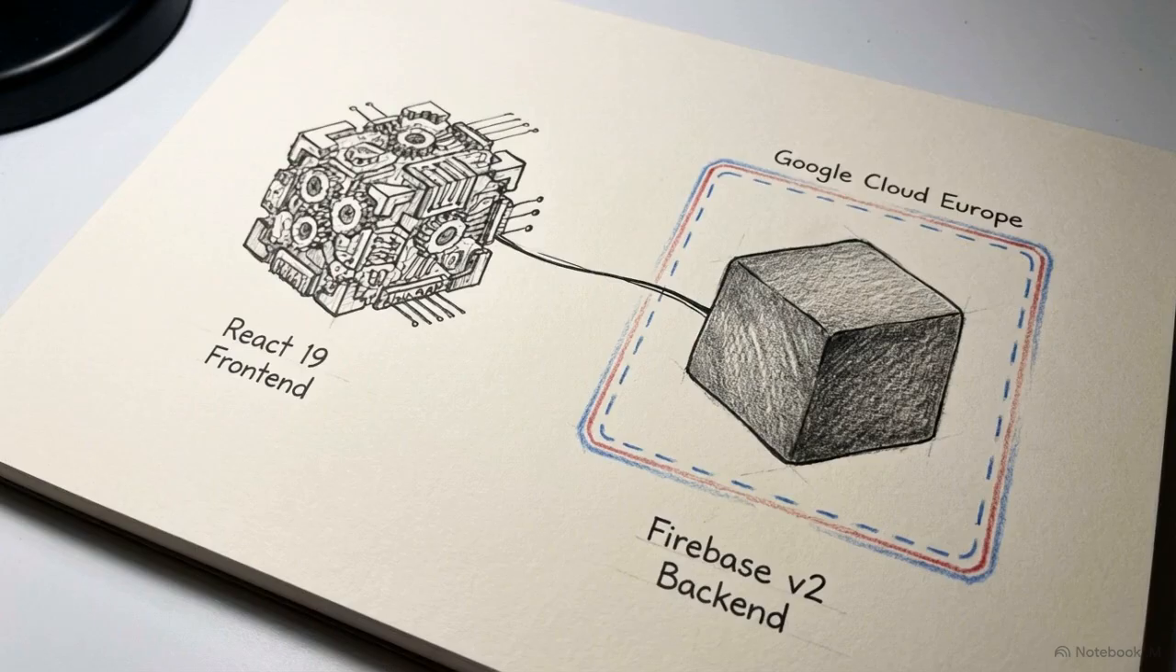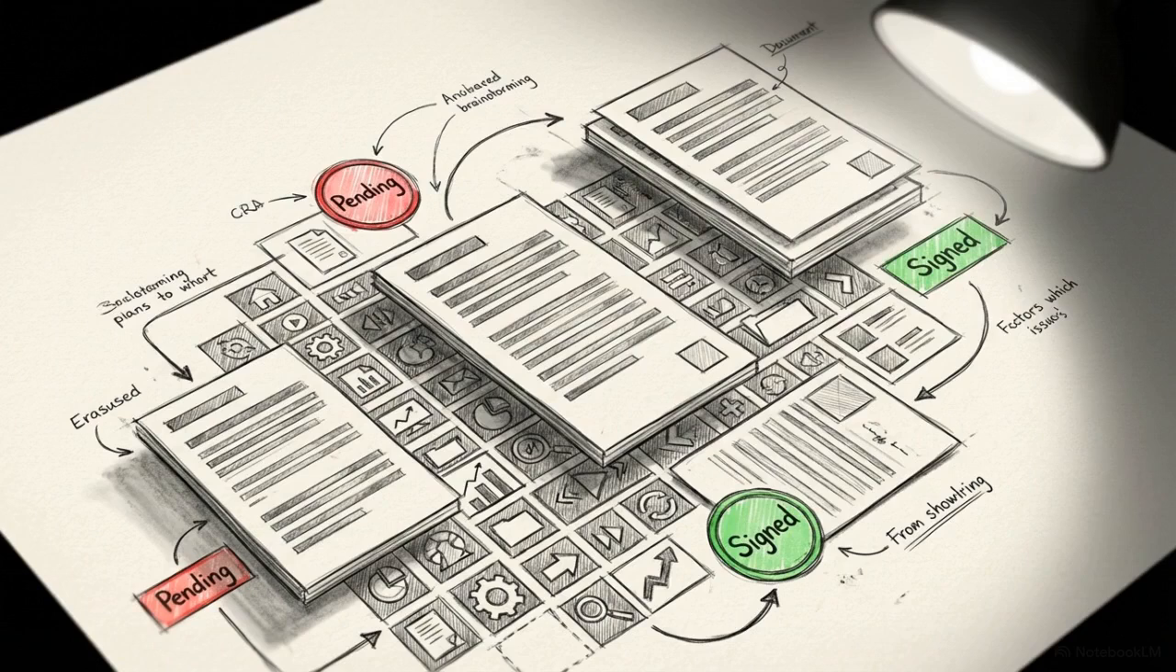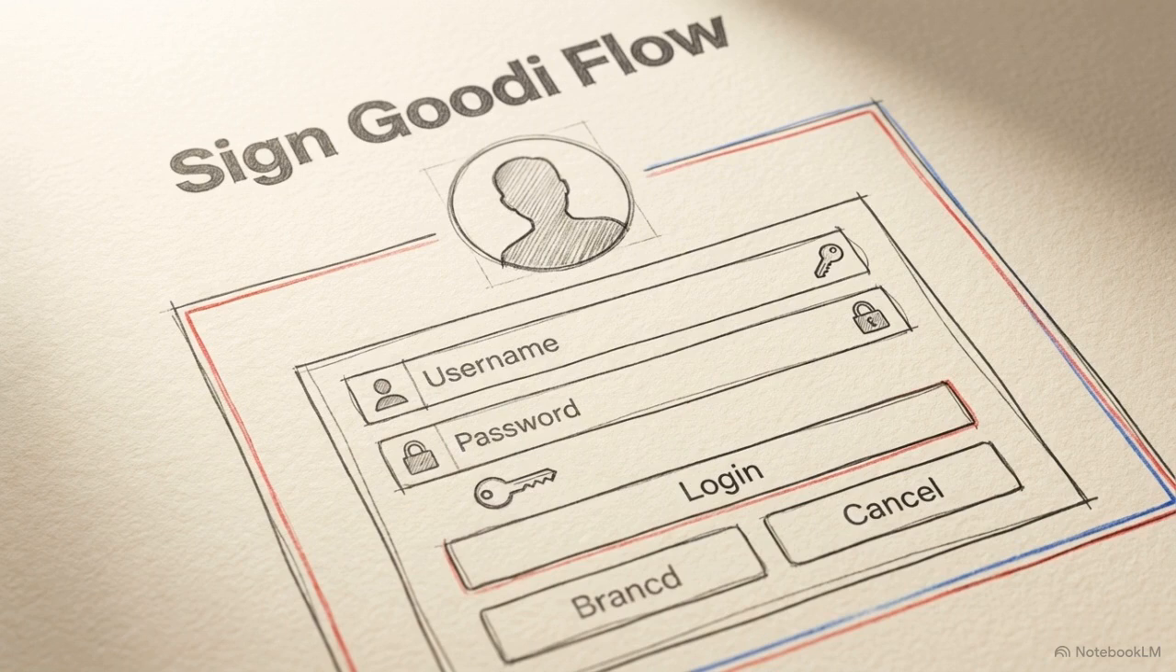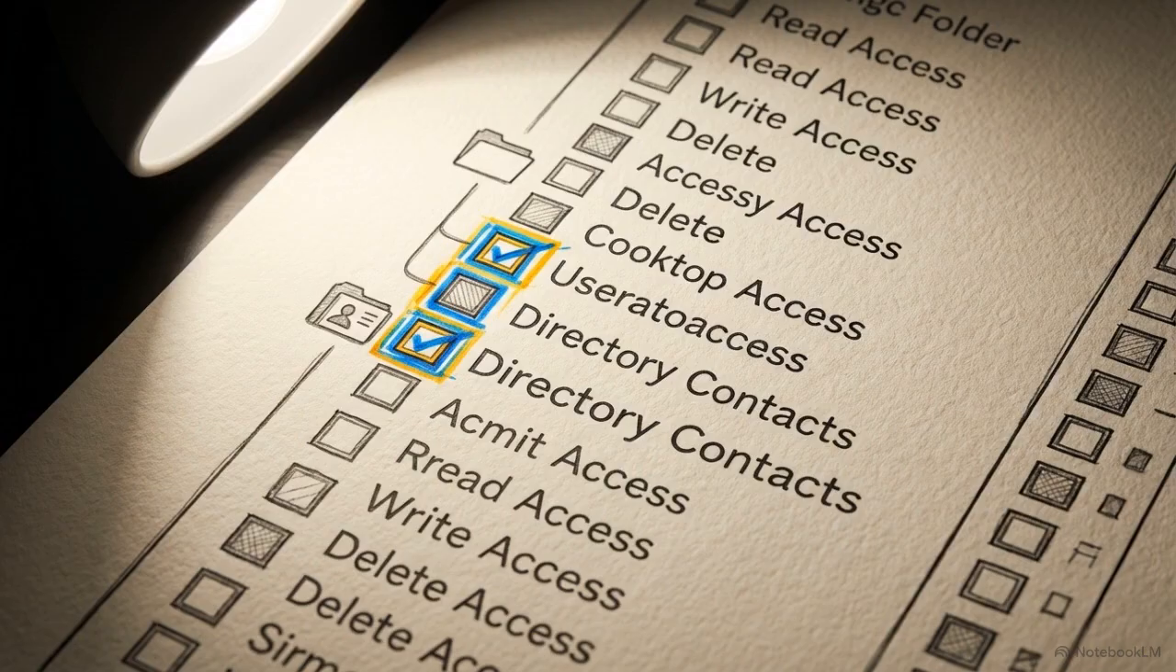Sign Goodi Flow addresses this specific workflow. Built on a React 19 and Firebase E2 stack, it manages document signing requests for organizations operating within Google Workspace. This image displays the Google OAuth consent screen for the application. It requests 8 distinct permissions, highlighting a volume of access that includes sensitive scopes like Google Drive and the organization's